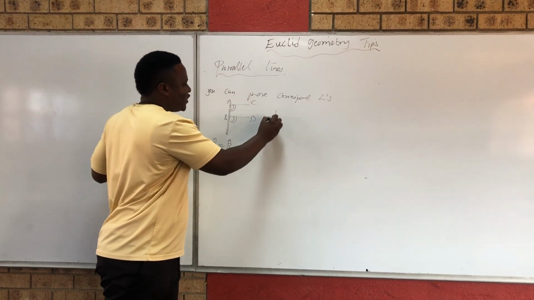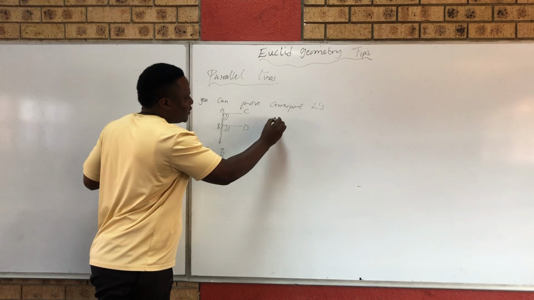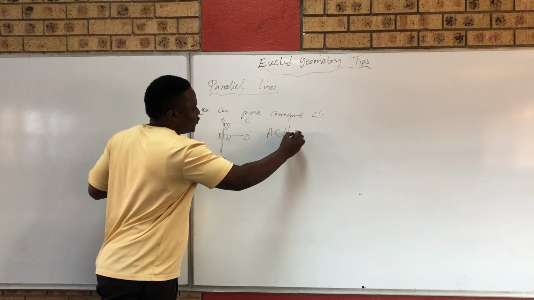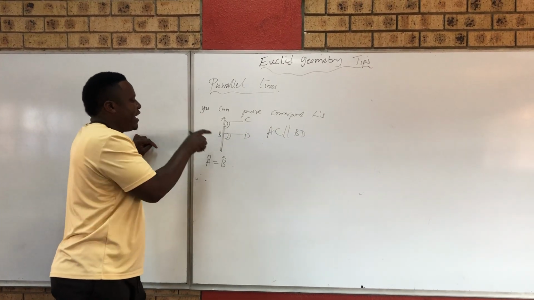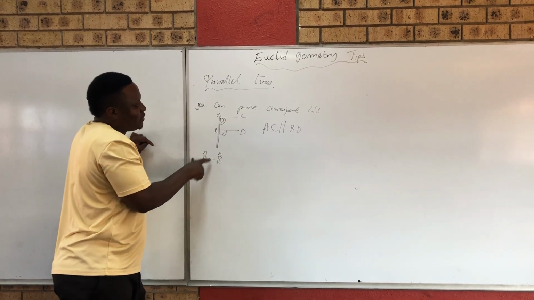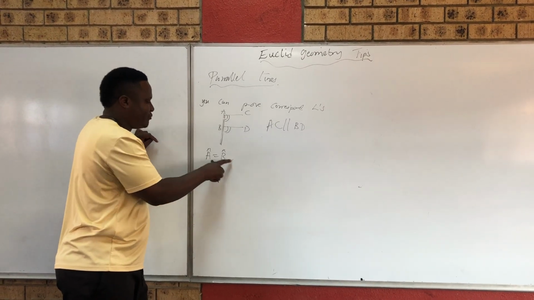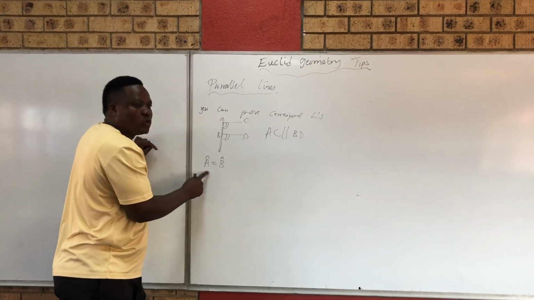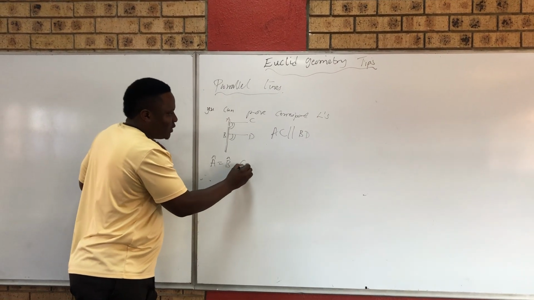They can ask you to prove that AC is parallel to BD. Then to prove that, if you simply show that angle A is equal to angle B, you can conclude and say, since these two are equal, then therefore